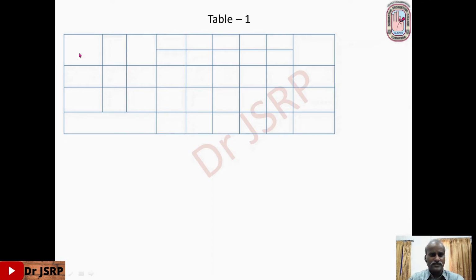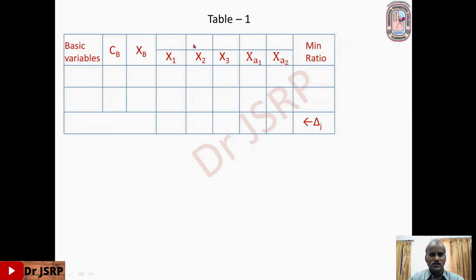First column basic variables, second column CB, that is costs of basic variables. Third column solution, capital XB. Then column vectors corresponding to each variable, capital X1, capital X2, capital X3. And for artificial variables, capital XA1, capital XA2. Here we have minimum ratio test. Here we calculate delta J values.